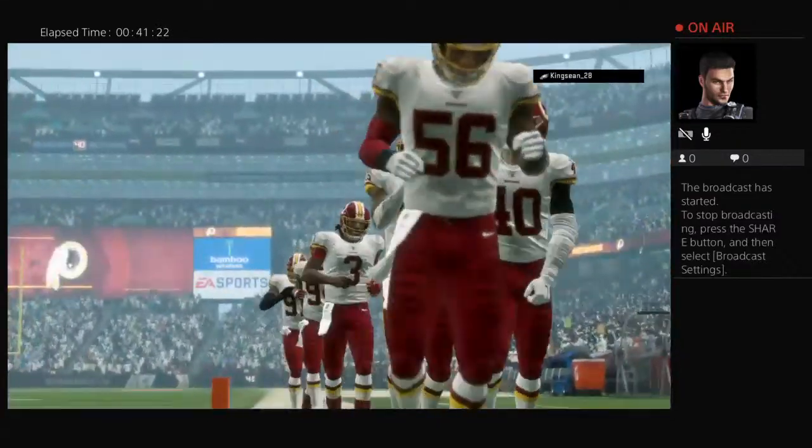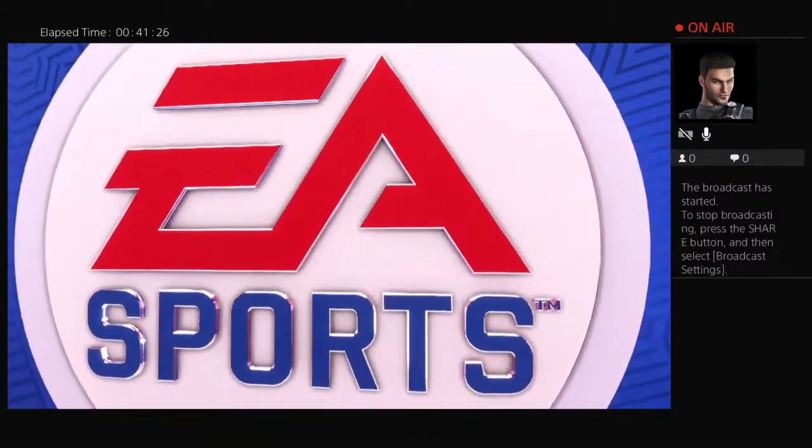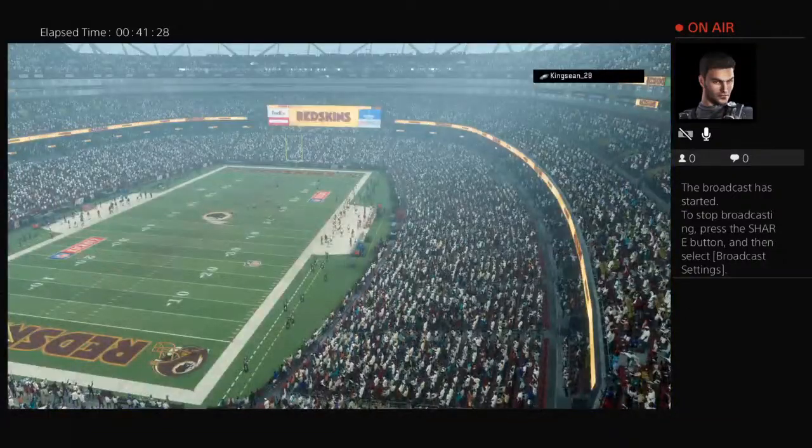So for the Redskins, it's a fantastic start as they roll to a blowout victory here in the season opener. And they'll hit the road next week to take